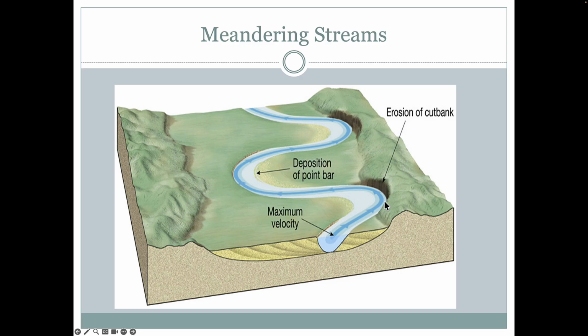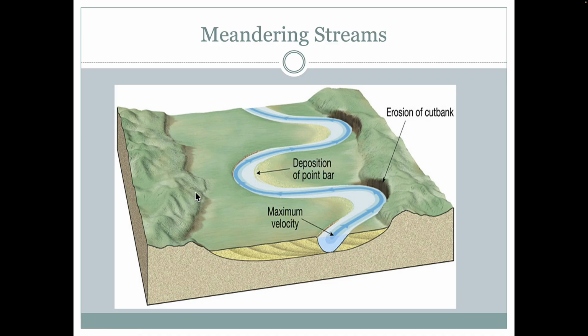So the place that erosion tends to occur is on the outside of the meander loop because of the fast velocity, and then the slowest velocity is on the inside of the meander loop. So we tend to get erosion on the outside of the meander loop and deposition on the inside of the